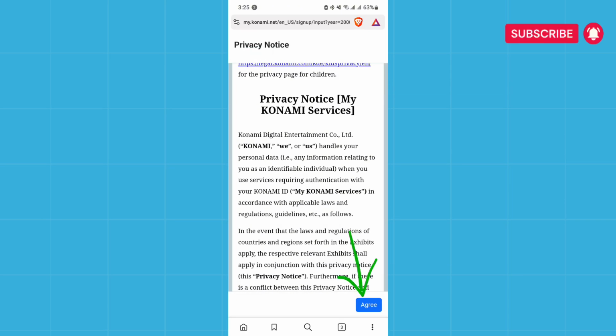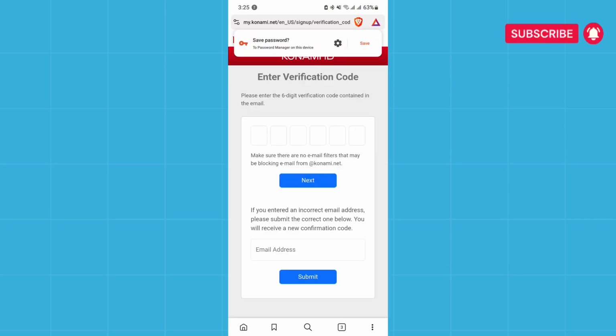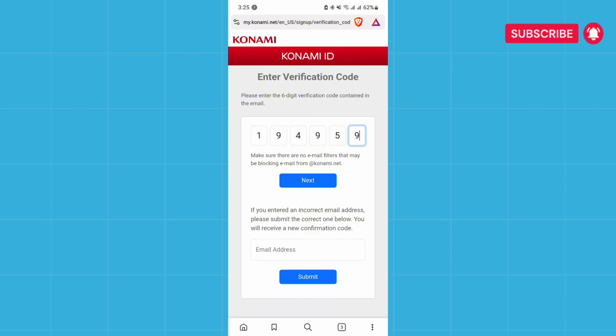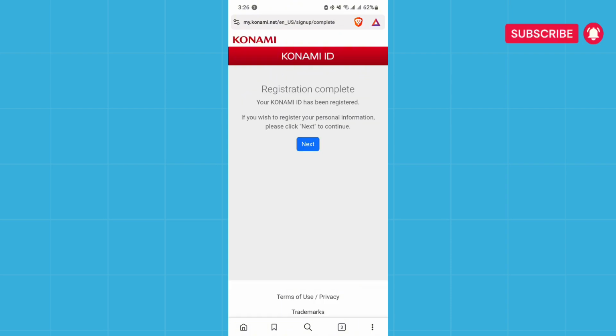Now tap on Agree, then enter the code from your email. Once verified, your Konami account will be successfully created. Now you can use this account for games like eFootball and other Konami services, so that's how you can create